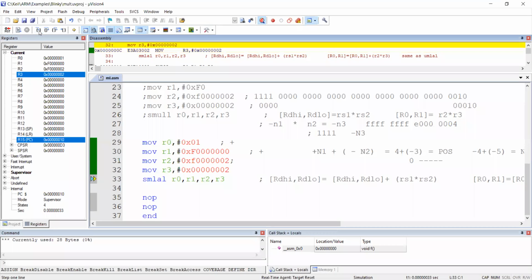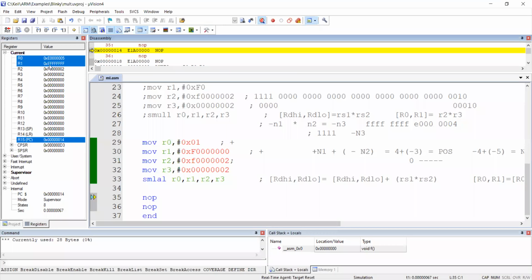First operand, second operand, and result. Yes, you can see now R1 is minus. Why is R1 minus? Let me type R1, we have E so many times F. If you expand E, you will get 000. If you expand F, you will get all these values. So if you take this complete number, what is the MSB? 1. That indicates what? Negative.